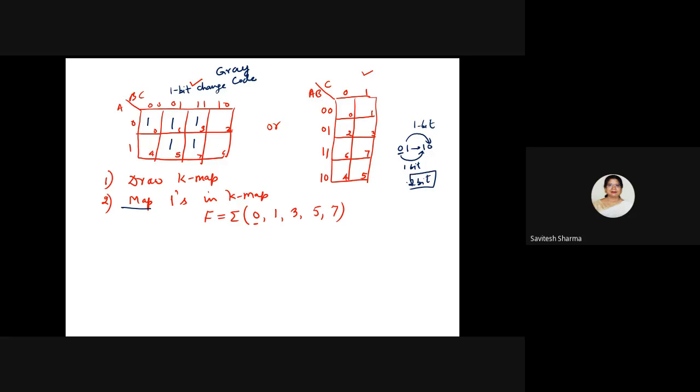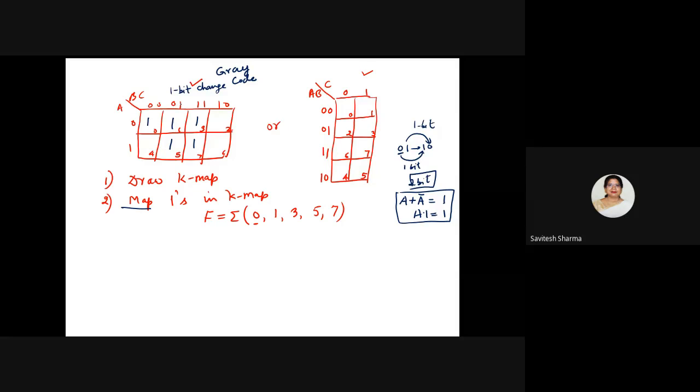And it will not help you in minimization. What I am actually doing in the K-map is implementing these two Boolean theorems: A plus A complement is equal to 1, and A dot 1 is equal to A. These two formulas I actually use to minimize the expression. So this requires a 1 bit change. If I am switching from 0, 0 to 0, 1, how many bits are changing? 1 only. 0 is the same and this bit is changing from 0 to 1.